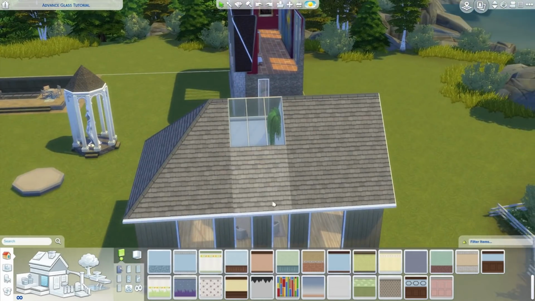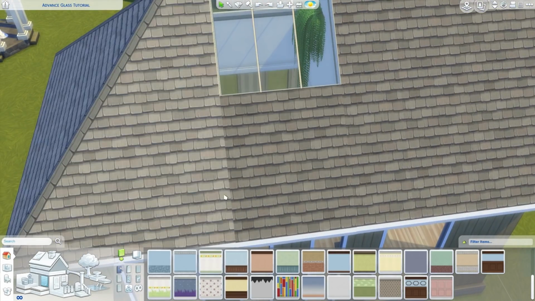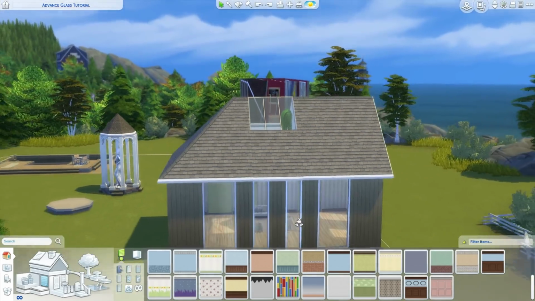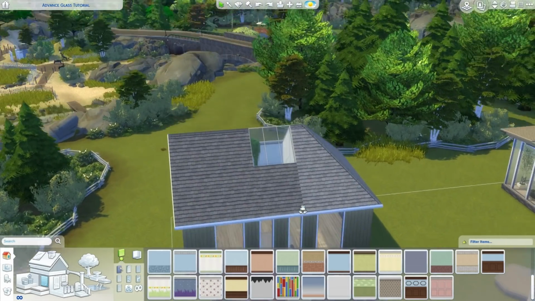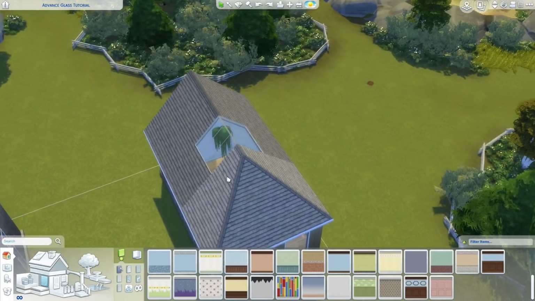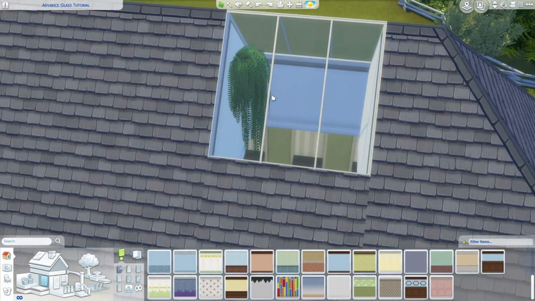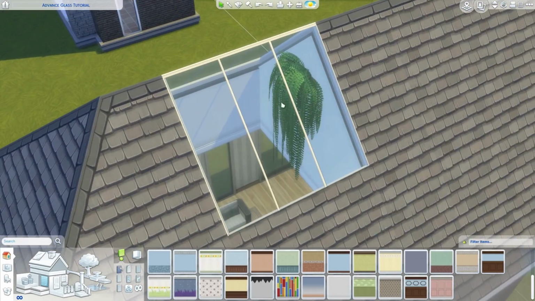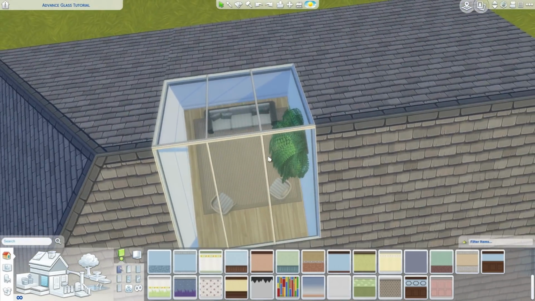This is particularly glitchy. Like I said, I'm not likely to use this in my own builds because I don't like this mismatched. Sometimes you see on this side it's actually matching because I moved that roof. It's now actually almost matching the roof texture. From a distance, it's not a big thing. If you're using tiles, it can give you endless nightmare. I will show you a technique for adjusting roofs at the end, which is kind of a bonus tip. You can also place things like plants up there, which gives you quite a nice look. And of course, you can see through to the room below, giving you a skylight in the middle of your